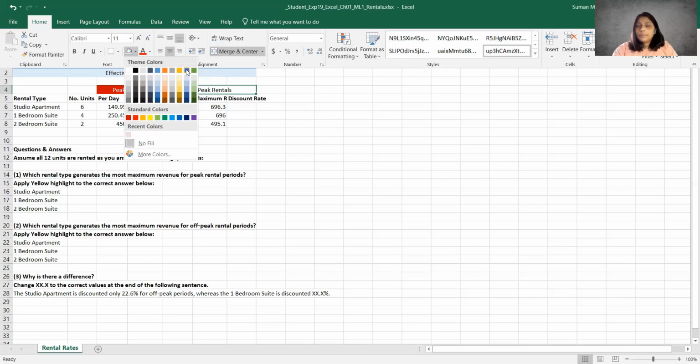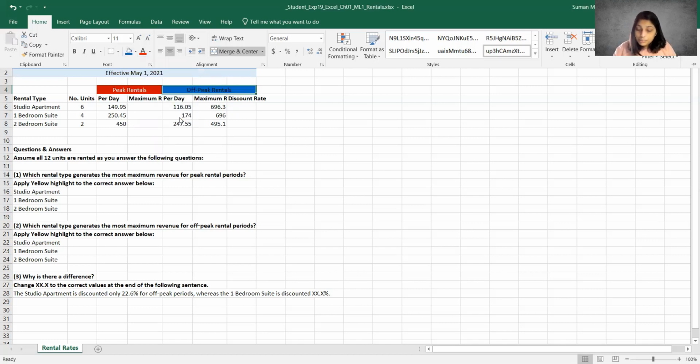Now, that's another lecture where I'll get an opportunity to talk to you all about the color themes. But when you change the themes of a spreadsheet, you can change the colors, the font styles, a lot of different things. This is the office theme that is always standard. And these are the colors that you'll get. If you wanted to modify to another theme, you would get different colors. The standard colors always will be called the actual color of their name. And this is the color blue that we want to select here.